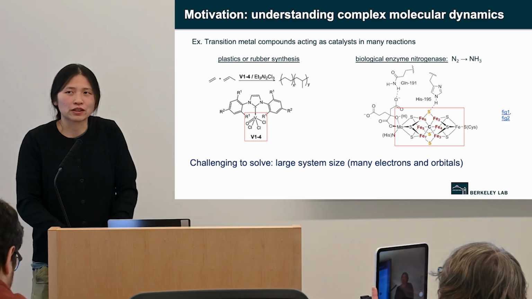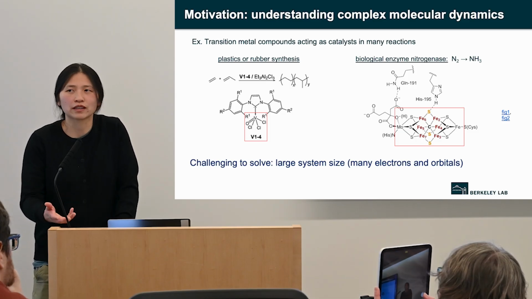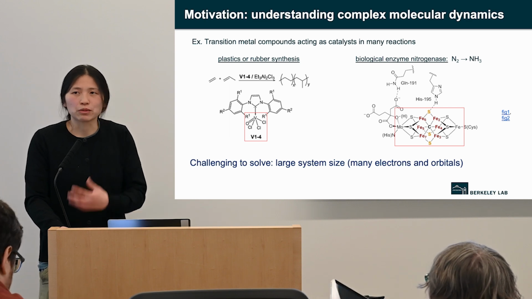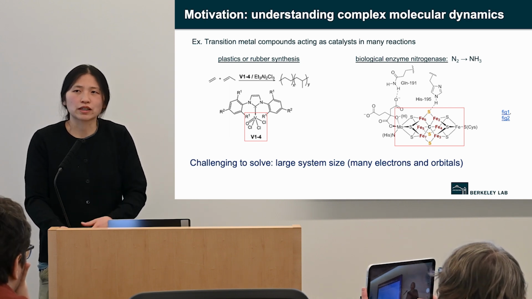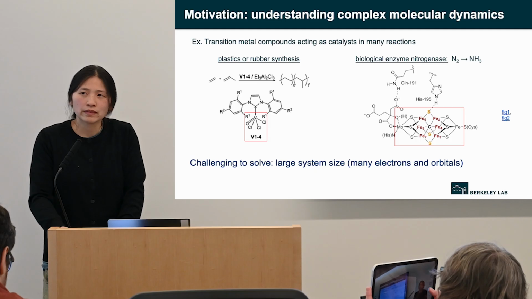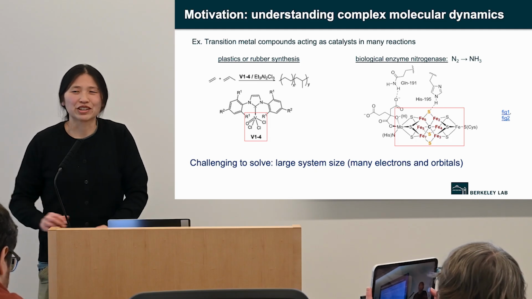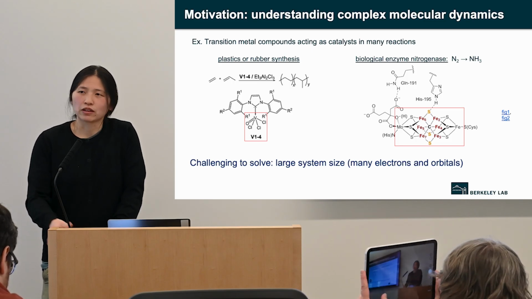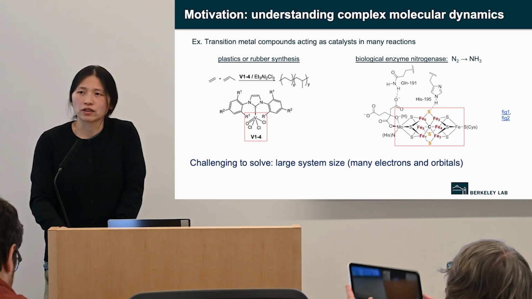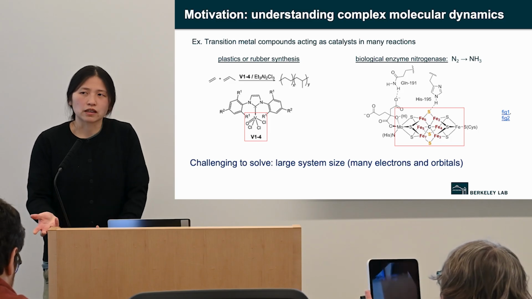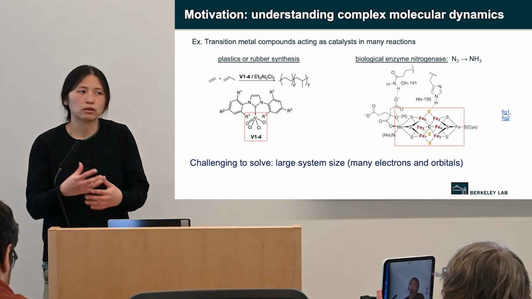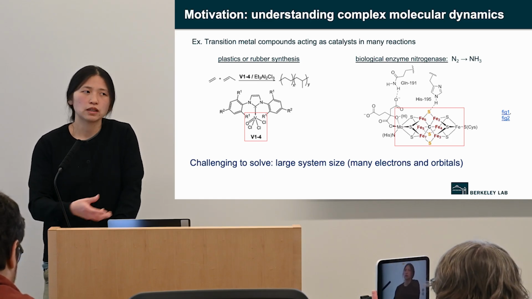An example of this are transition metal compounds, which act as catalysts in many reactions. For example, this vanadium cluster is used in plastics or rubber synthesis to improve yield. On the right is an iron sulfur cluster that's the key component of nitrogenase, and that is a biological enzyme that helps with nitrogen fixation. So you could better understand these reaction mechanisms, and then you could potentially design catalysts that help improve the efficiency of